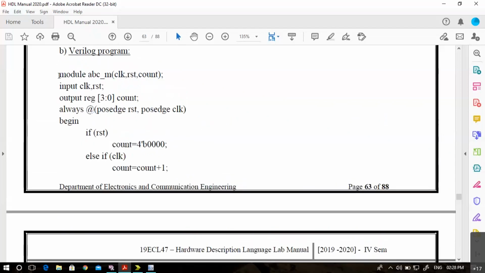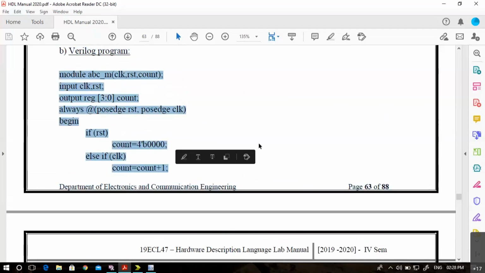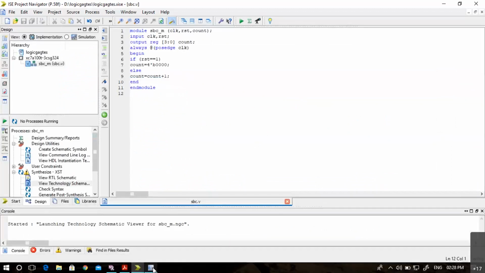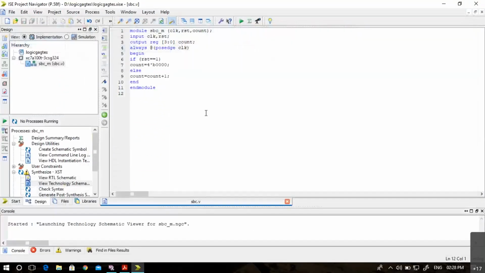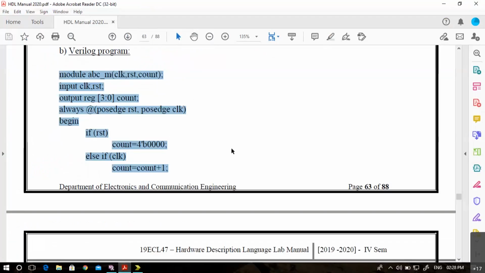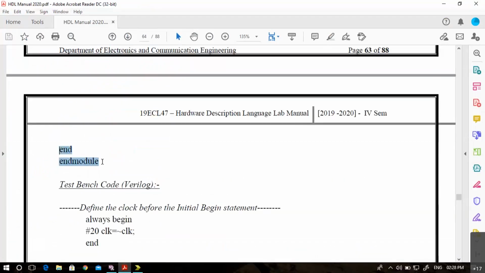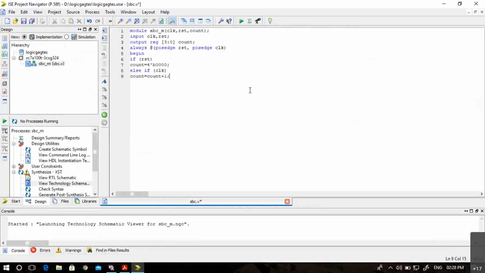So let me copy this code to the Xilinx ISE. Let me close the simulation window. Let me copy this here, and let me save it.